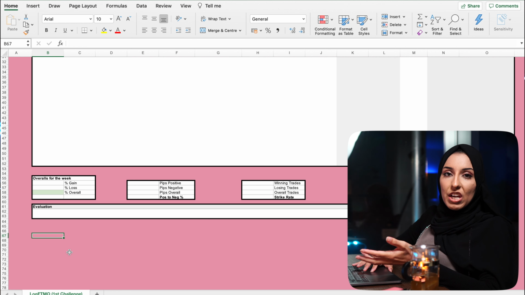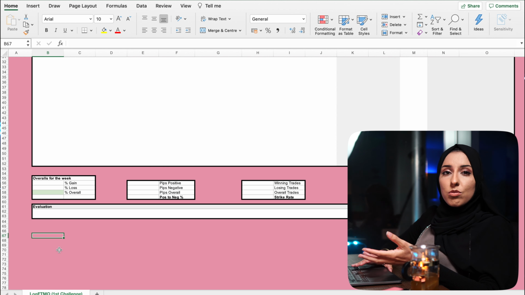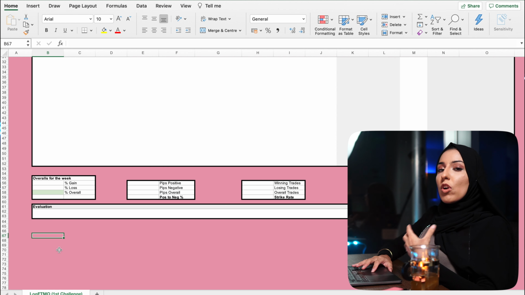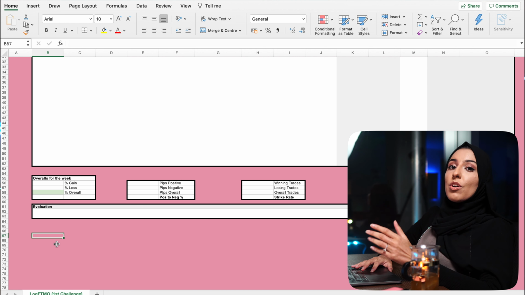Were you revenge trading a lot? Were you trying to make up for your losses that you had in the previous week? Did you have something going on in your personal life that was possibly affecting you? Try and think about all the possible factors that may have affected your trading psychology positively and also negatively for